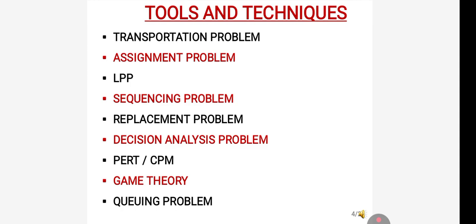The next method is the LPP problem. We call it LPP. That is nothing but the linear programming problem. So this deals with optimum allocation of resources in order to maximize the profit or maximize the revenue by choosing the best marketing mix. When I say the best marketing mix, it is nothing but when the input is the same and that is, the resource is the same,